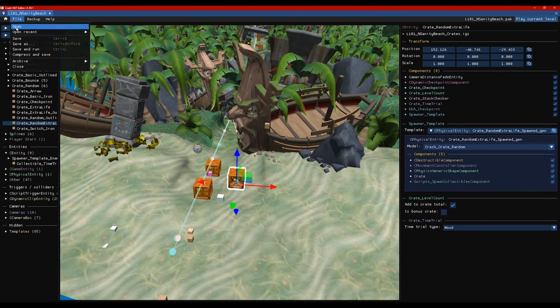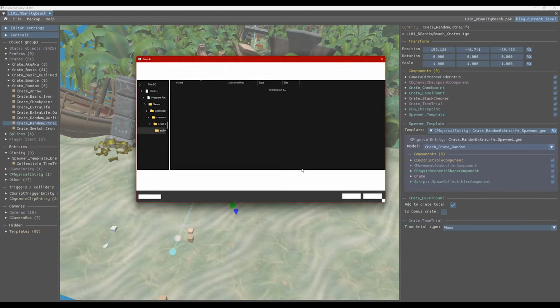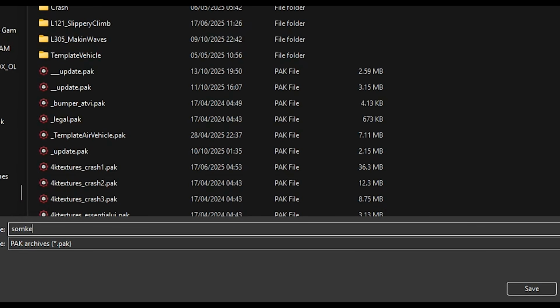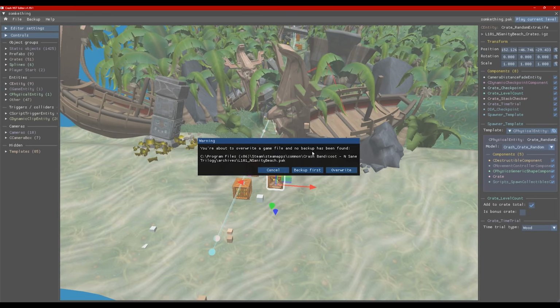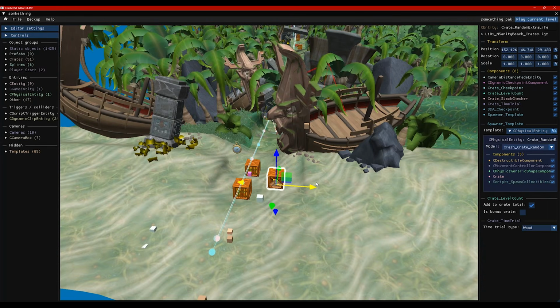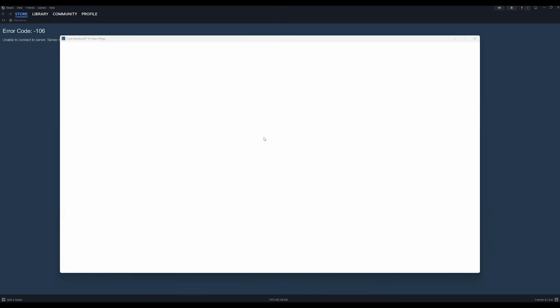I wonder how I can check. Save and run, I think. Save as. We'll call it, I don't know, something. Close enough. You're about to overwrite a game file and no backup has been found. I don't really know what that means. I guess I should... fuck it. I've got so many backup copies of every single part of this game. I don't think it matters too much if I overwrite anything, but yeah, that's one thing you might want to